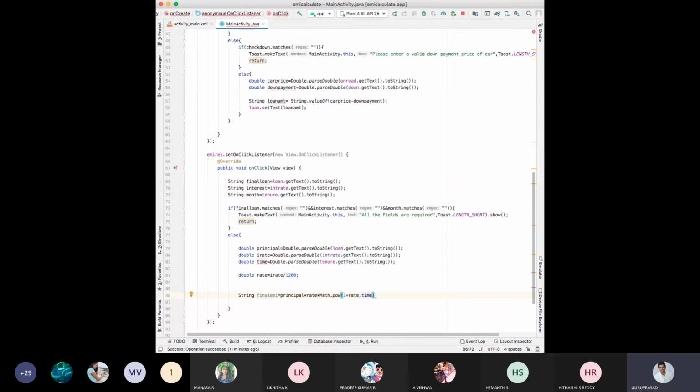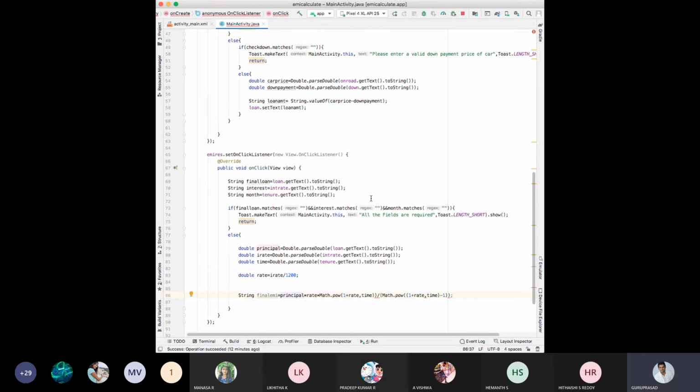N means time: 1 plus r to the power of n. So we are writing like this. The closing, divided by Math dot power, 1 plus rate, comma, time, that is 1 plus r to the power of n, minus 1, semicolon.